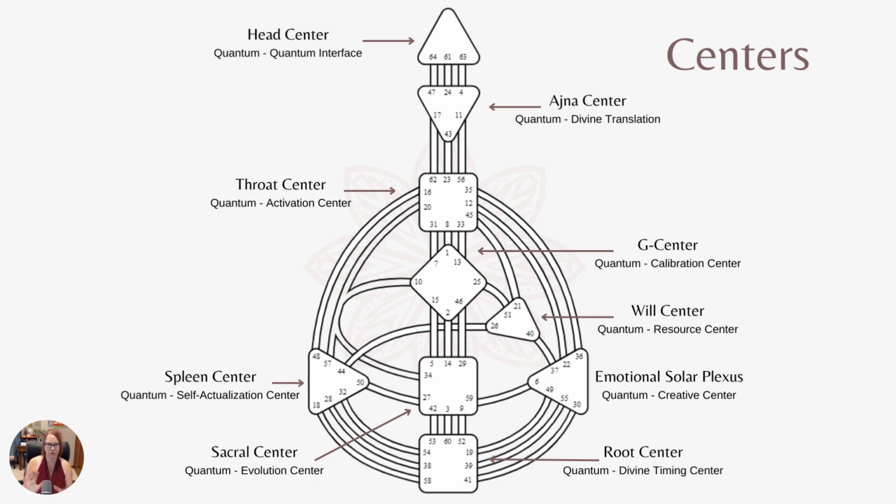So in 1781, I want to say, somewhere in that time frame, 1780s, there was a shift that happened within the Human Design Center. So we went from having 7 centers to having 9. So what split is the heart center split the G center and the will center. So now what we've got is where our values lie and where our lovability lies. So will center is value, G center is lovability.